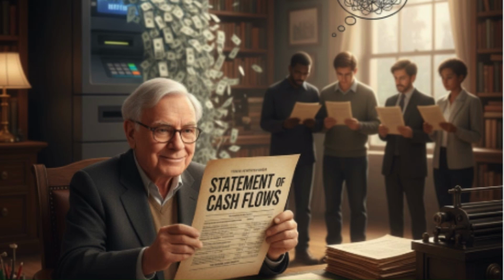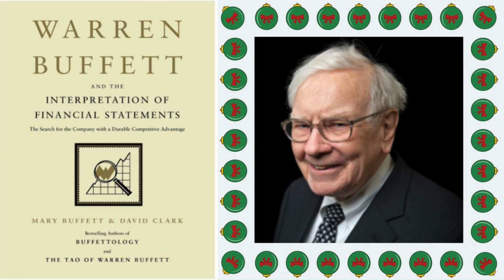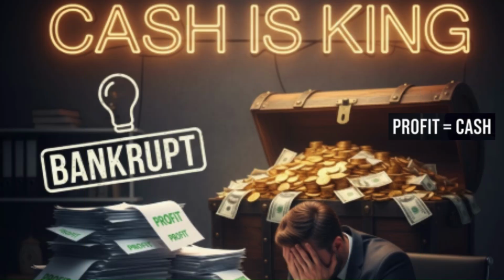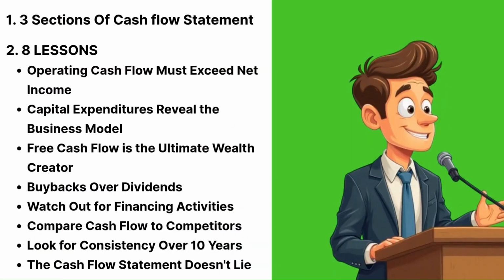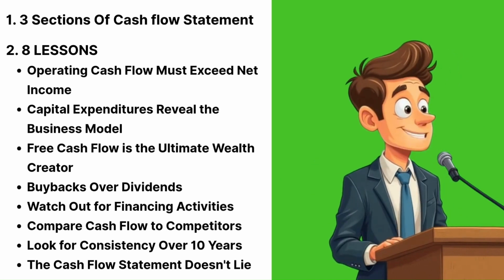Warren Buffett, worth over $100 billion, relies on one financial statement to find companies that print cash like ATMs, a statement most other investors completely overlook. In Warren Buffett and the Interpretation of Financial Statements by Mary Buffett and David Clark, they reveal Buffett's secret weapon, the cash flow statement. Here's the kicker. A company can show huge profits on paper and still go bankrupt because profit doesn't equal cash, and cash is king. Stay till the end as I break down 8 key lessons that will transform how you read financial statements